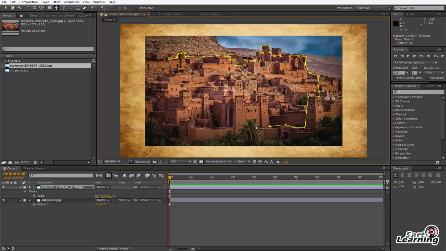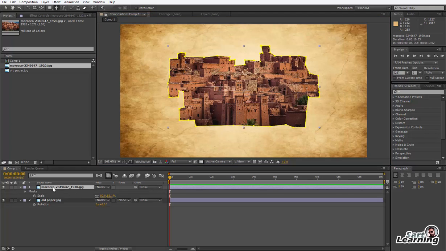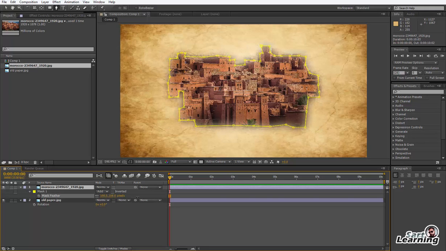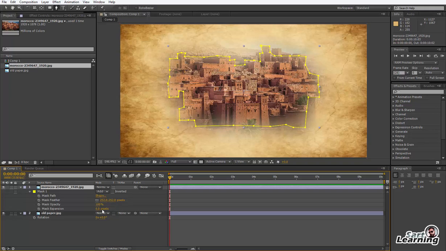So I just use a default path and make the rough cut of the center image. Now join the start and end part and my city part is ready. So select the layer and press F and increase the feather amount of the path mask. Now my image is feathered in edges. You can increase the expansion and increase the offset of the path which you drew roughly.